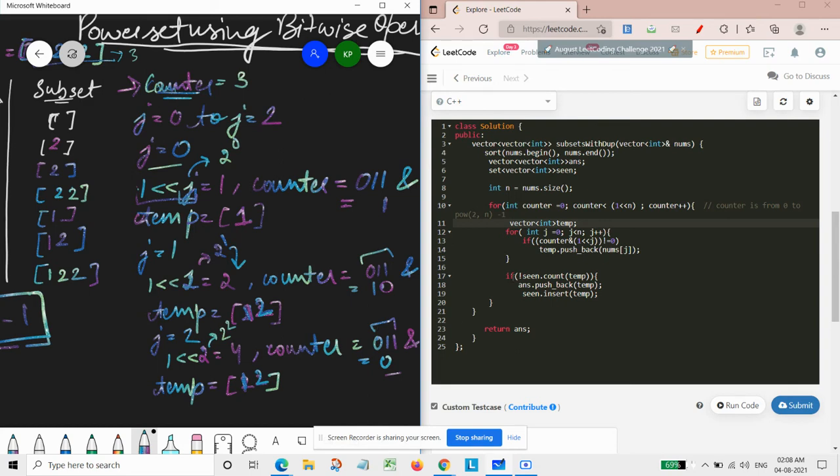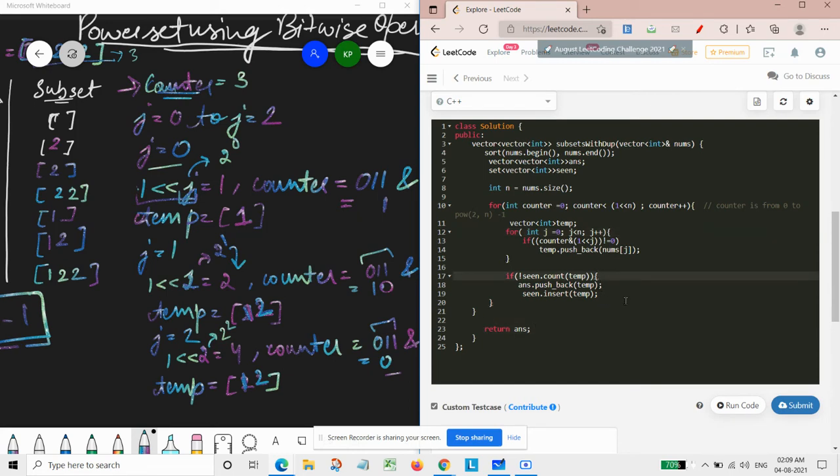We have also done it here, this 1 left shifted by n, which simply means 2 raised to power n. And by doing all this, we will be storing what should be there in our temp at that particular moment.